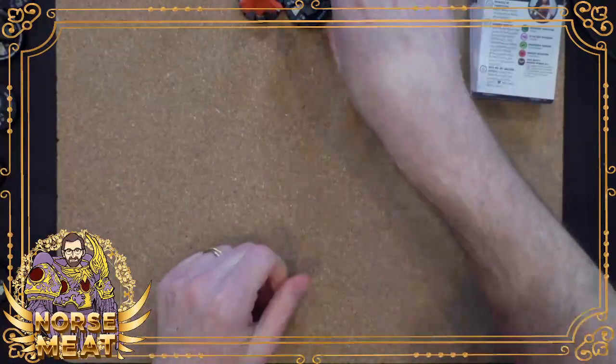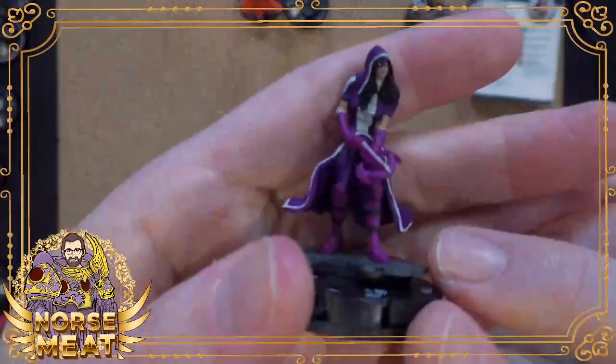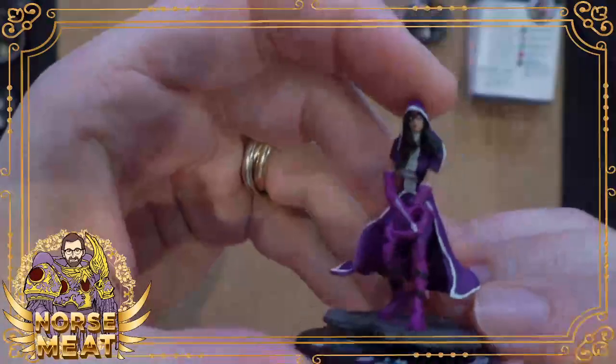There are a couple more heroes. There was a Huntress, and at first I was like, that's cool, but why is there a Huntress in this set? And then actually 5 minutes ago when I was looking through my old Superman...